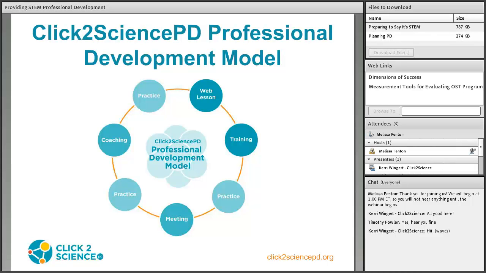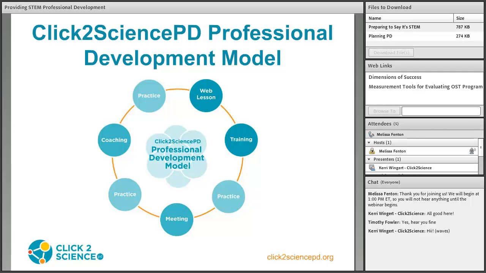This just gives you an idea of how ongoing professional development can be grouped together in different types of experiences to improve those soft skills that staff use when they teach STEM activities. So we're really focusing on the pedagogy, not on the content when we're working through this. And we are going to move on to discussing how we select skills and understanding a little bit more